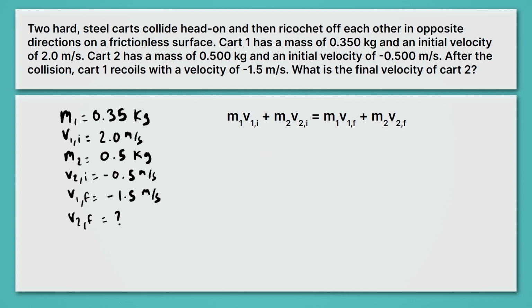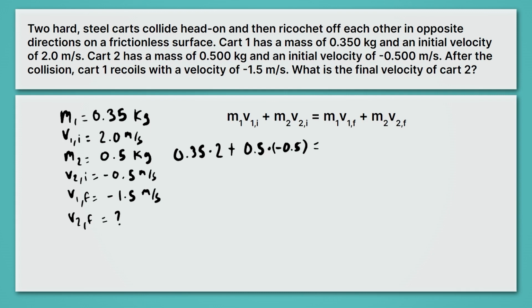So when we plug in our variables, we're going to put in 0.35 for cart 1 times its velocity, which is 2. And we're going to add that to our mass of the second cart, which is 0.5, times the velocity of our second cart, which is minus 0.5. So that's going to be multiplied. So I'll put that in parentheses there, just so we remember that we're multiplying by a negative number, not subtracting. Now, that's all equal to, not plus, but that's all equal to